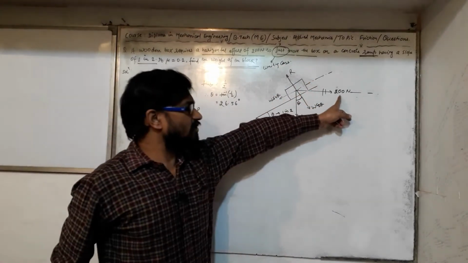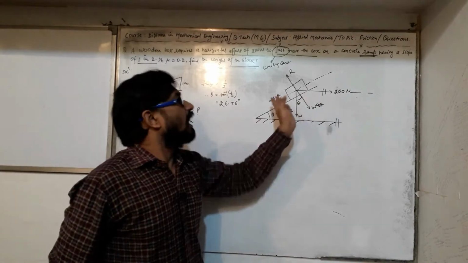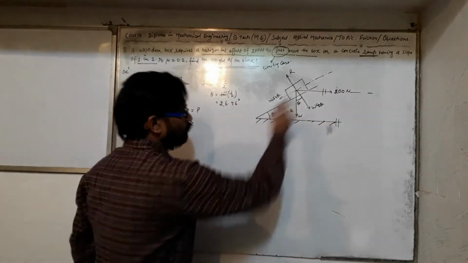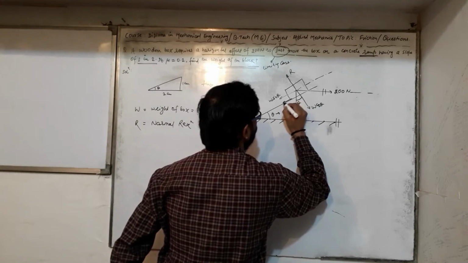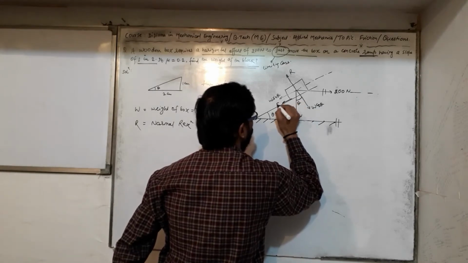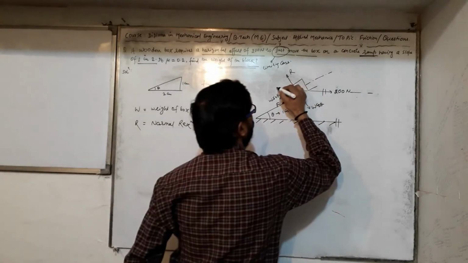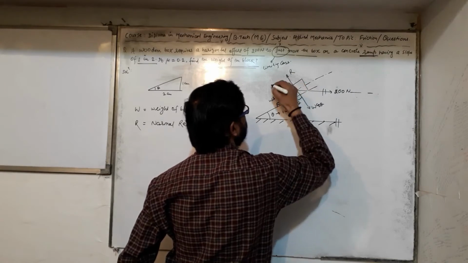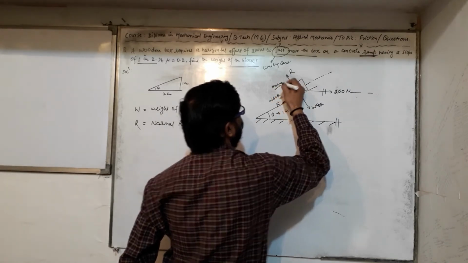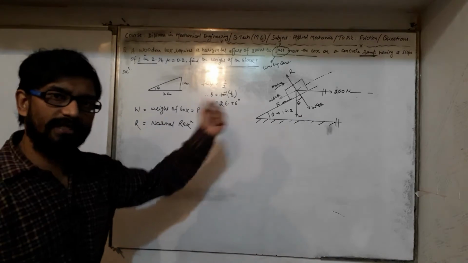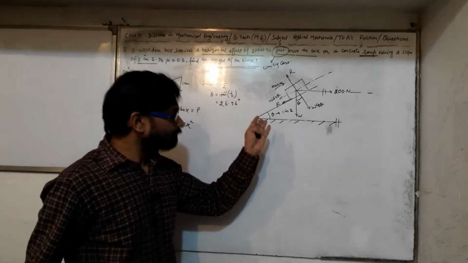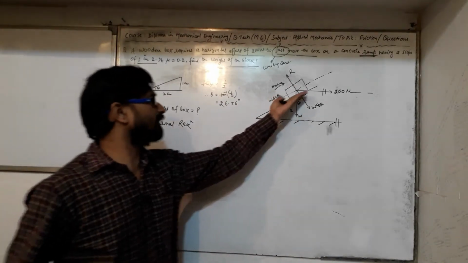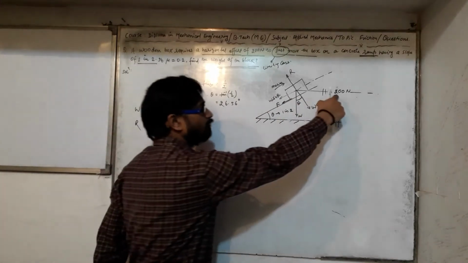So this external force is required to move the box up the incline, obviously. So the frictional force would act in the downward direction, opposite to the direction of motion. The motion of this box would be in this direction. So the frictional force acts opposite to the direction of motion, and this phenomenon occurs on the inclined plane, so it must have two components.